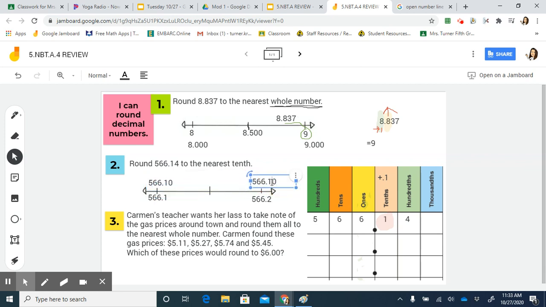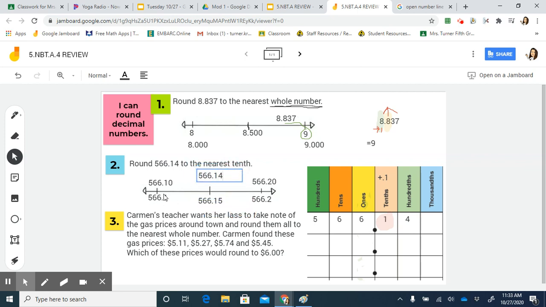So it's kind of like saying that 1 dime is the same thing as 10 pennies. 2 dimes is the same thing as 20 pennies. And between 10 pennies and 20 pennies would be 15 pennies. So that really helps us figure out that my midpoint here would be 566.15. And now I can think, where does my number